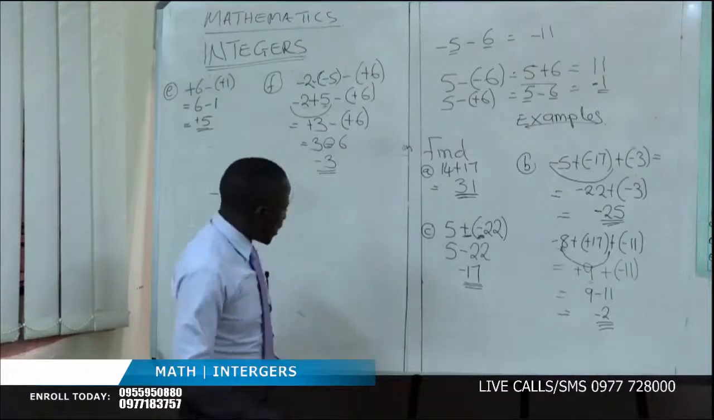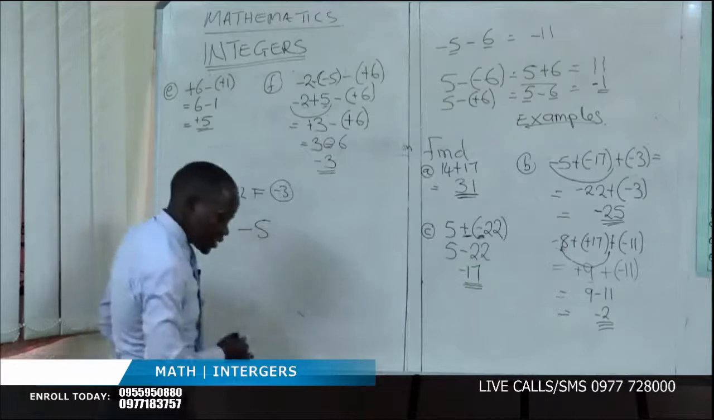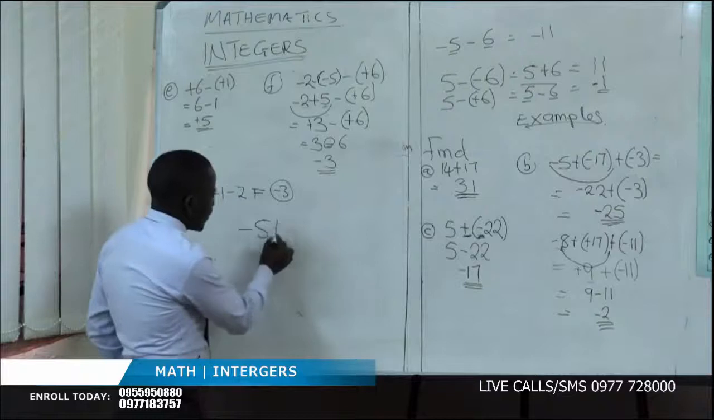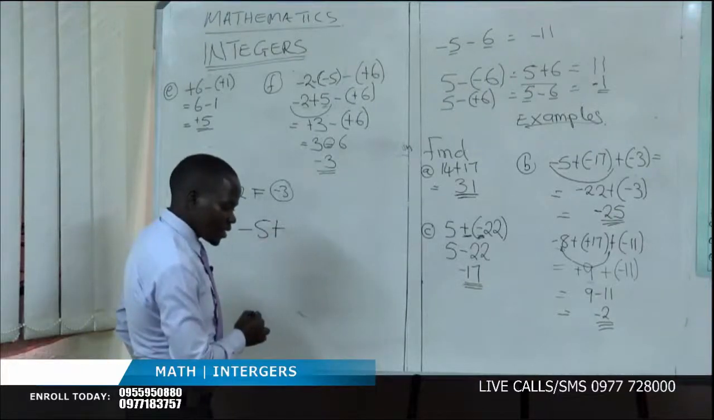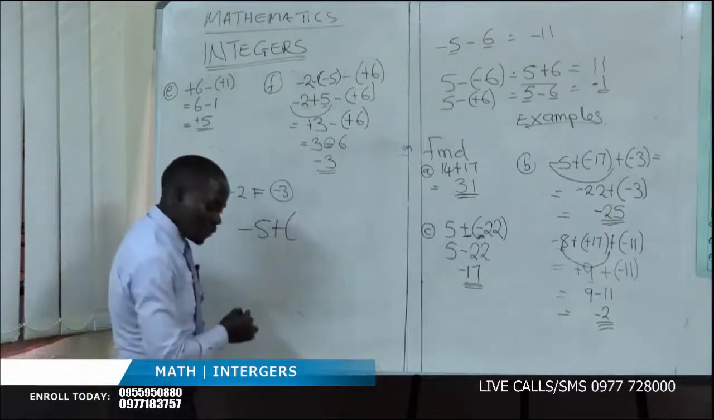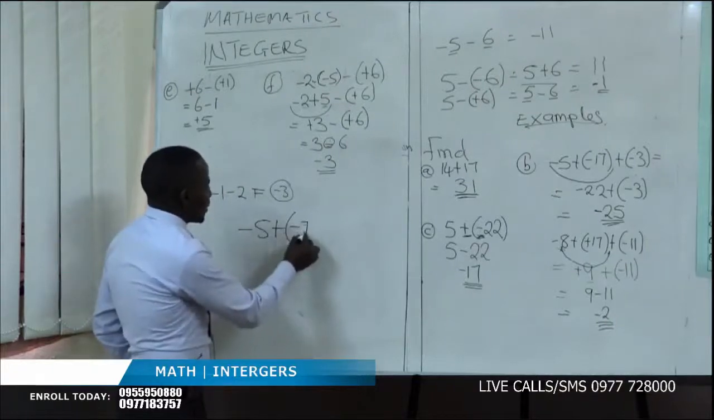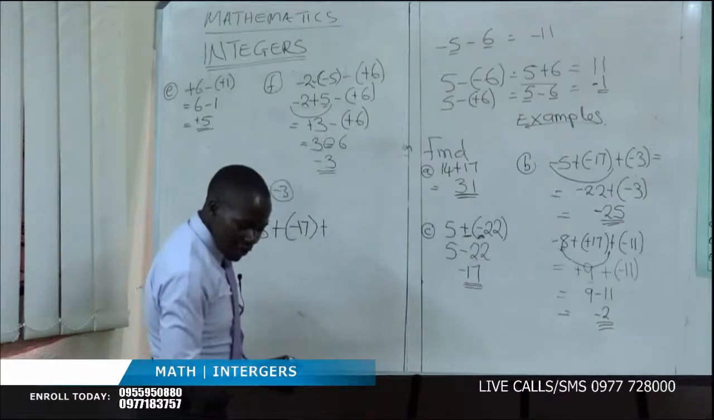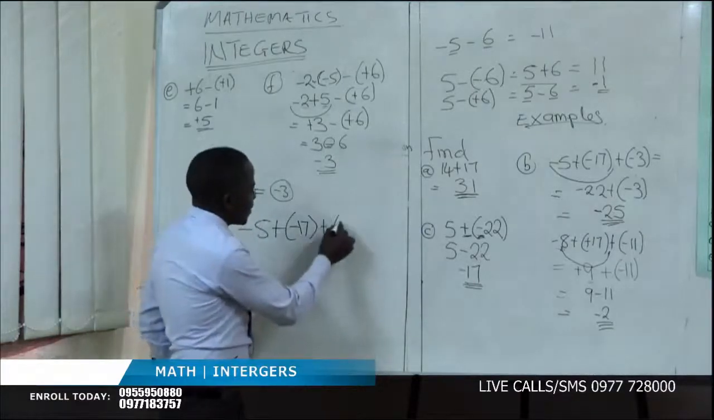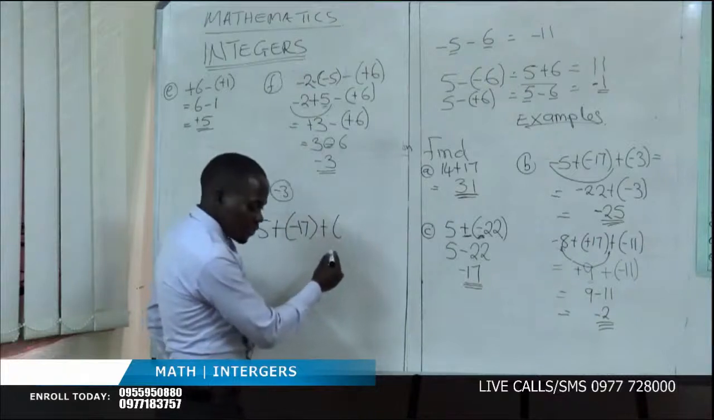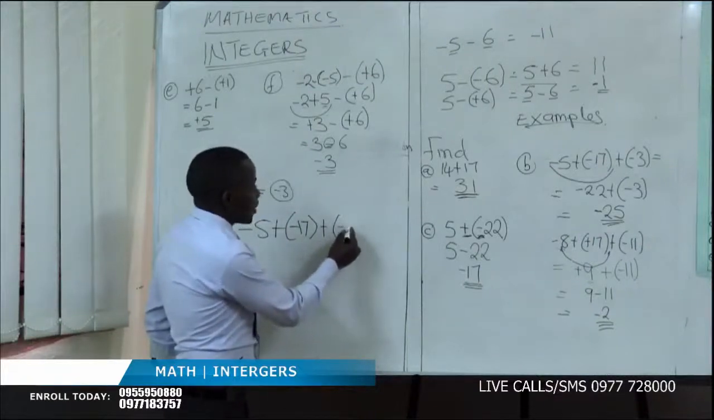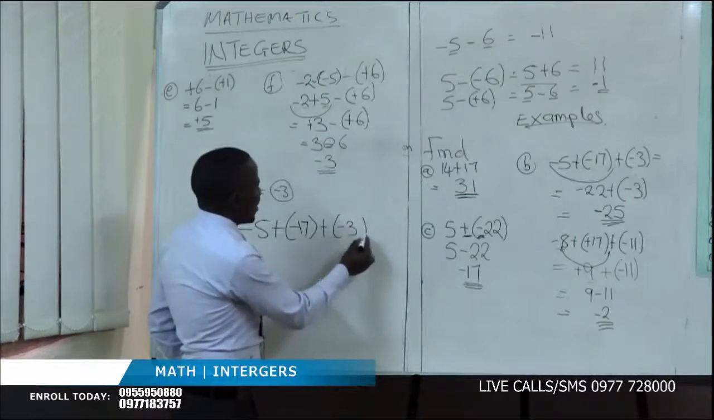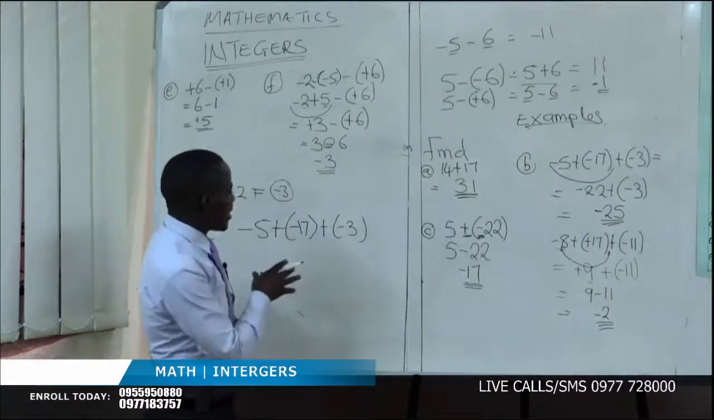Negative 5. Okay, so you said negative 5? Yes, negative 5 plus open bracket, negative 17 close bracket. Yes. Again, plus open bracket, negative 3 close bracket. Yes. Okay, so my question is,